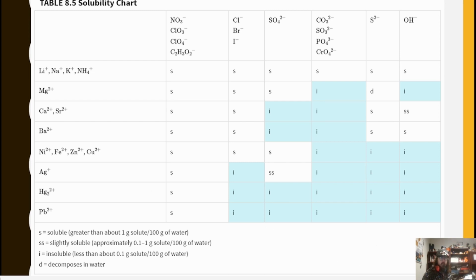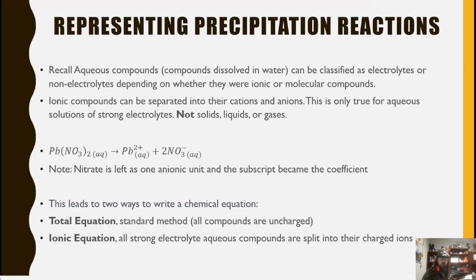But so that's how you read that. You're cross-referencing and looking. If I have barium chloride, it's S, which doesn't stand for solid, it stands for soluble, so it'd form aqueous. Calcium sulfate, I, means it's going to form a solid if you mix those together, any amount of calcium and sulfate. So, with that in mind,